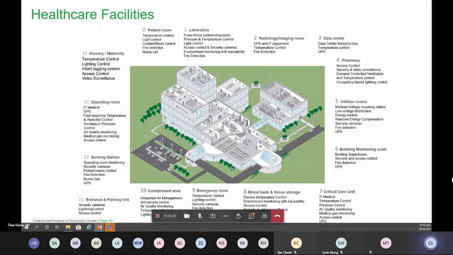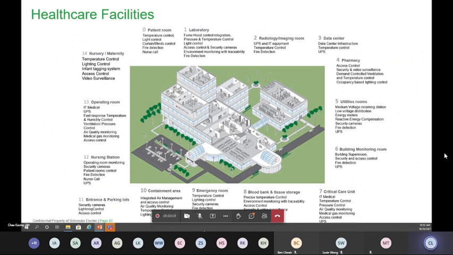You definitely need good air quality within the operating theater, not just for the safety of the patient, but more importantly for the clinical staff, because very often they are working under high stress. You need proper air change within the room to provide the right oxygen level so that the doctors can work properly and their eyes will not go blurry. So that is very important. And also you need medical monitoring, medical gas monitoring, etc. So all these facilities have their own unique requirements when it comes to the infrastructure.